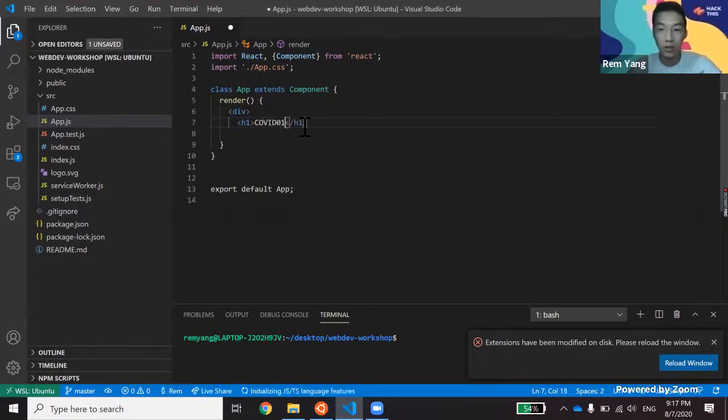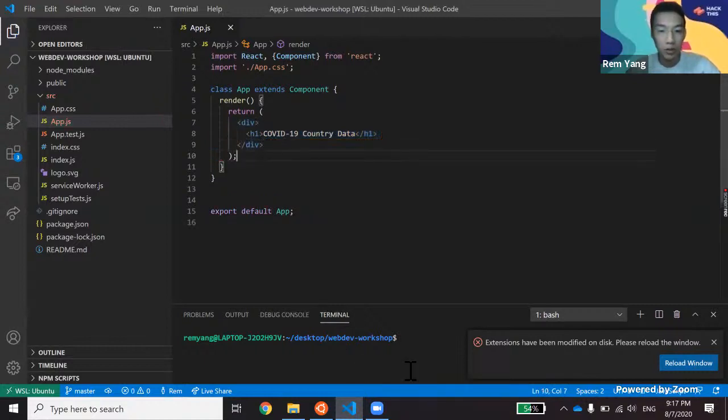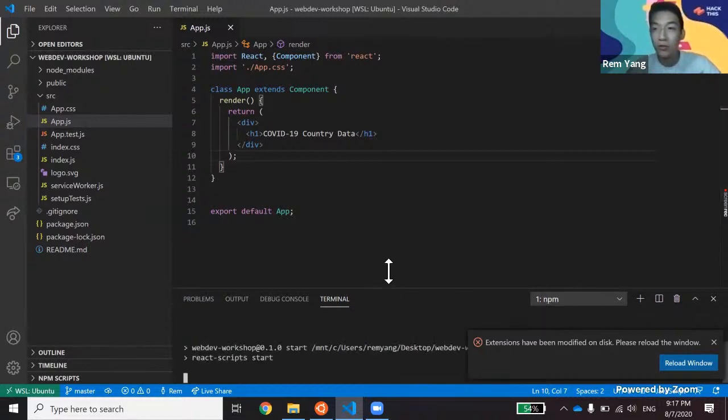Okay, COVID-19. All right, sorry for the delay. So to start a server, you could run npm start, and this should allow you to view your page